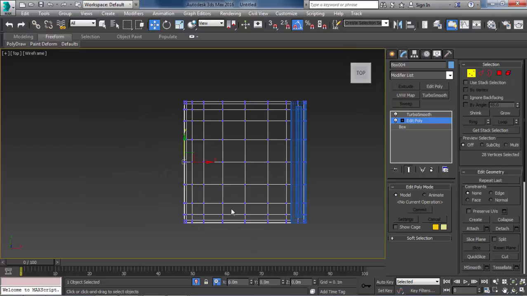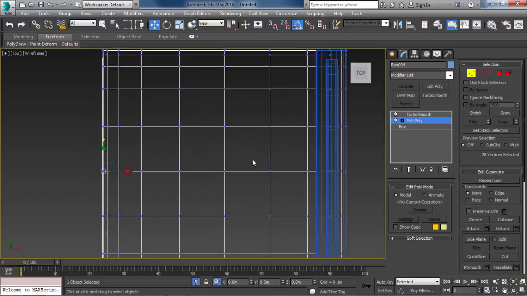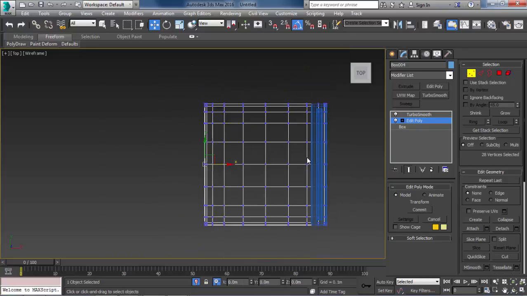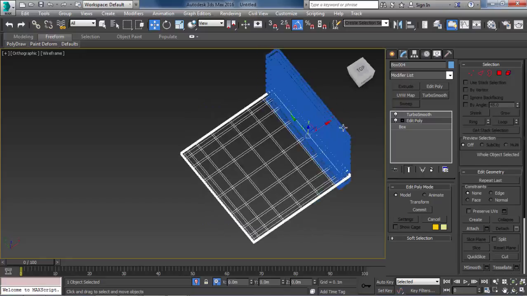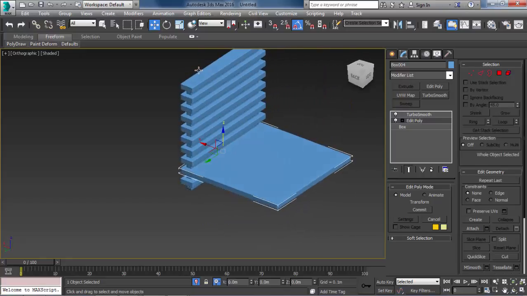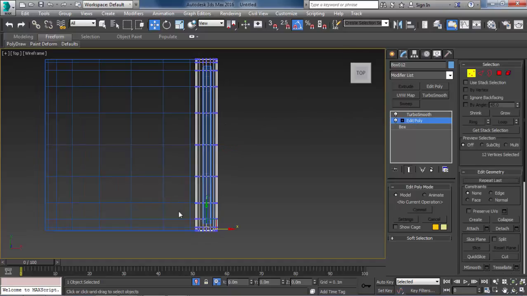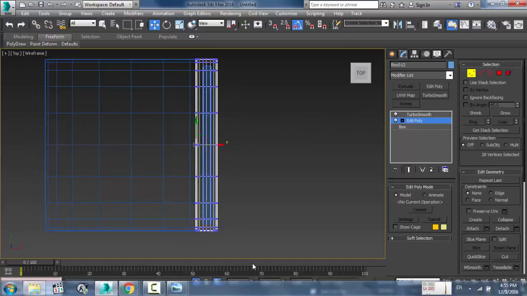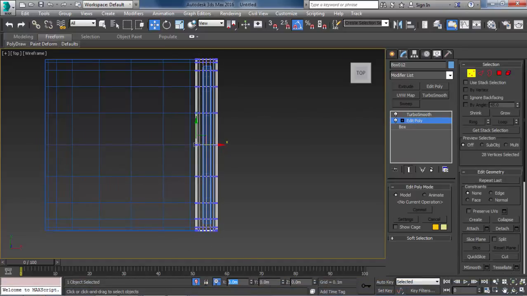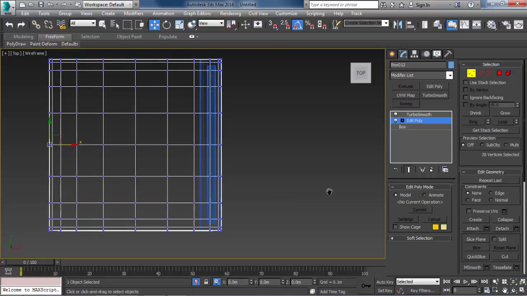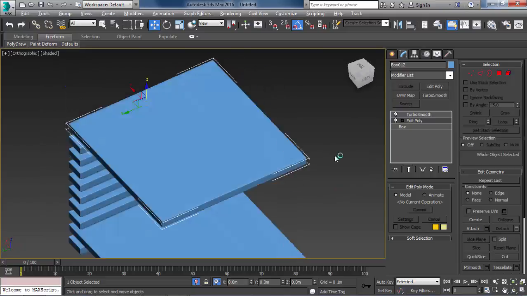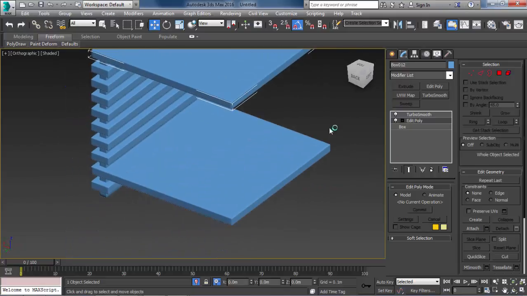So I just moved it back so it is 40 centimeters. We also need to do the same for the top piece. One is here. That's what we have for now.